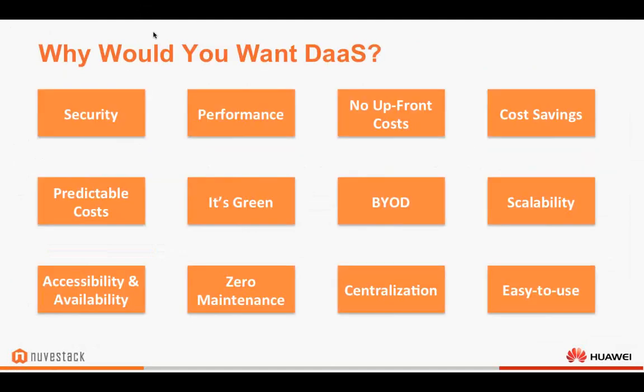So let's quickly talk about some of the key drivers on why you would want to do desktops as a service in the first place. Security is typically one of the number one issues. All traffic with desktop as a service is fully encrypted end-to-end, so anything from server all the way to endpoints gets encrypted. That data is very hard to hack into and crack those encryption keys.